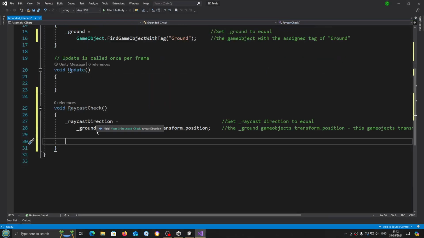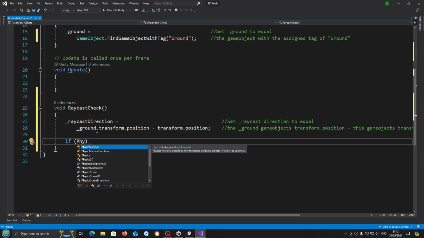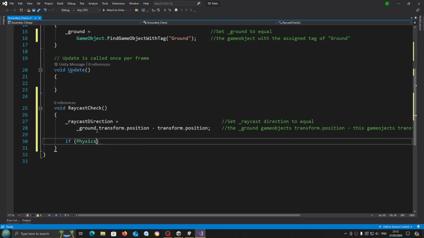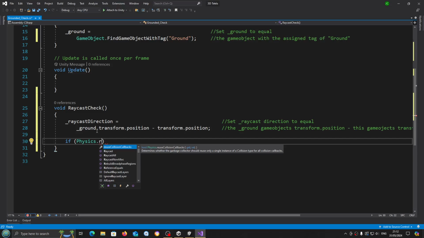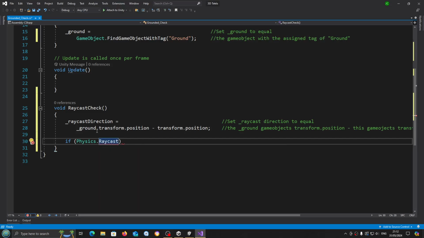That is the reason for setting our direction. So we're going to say if, open and close brackets, we're going to say Physics.Raycast, and then we'll open and close brackets. Inside this new set of brackets, we're going to put transform.position,